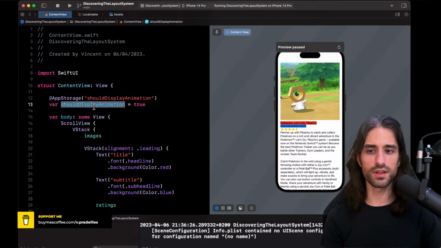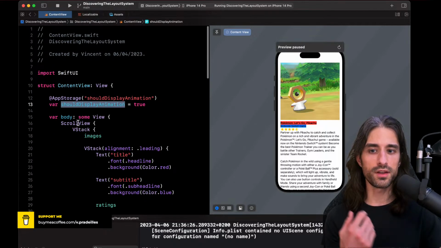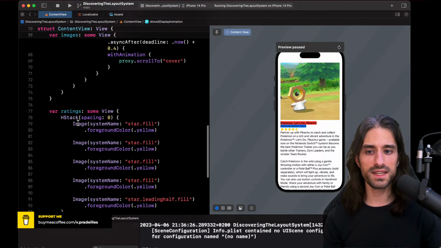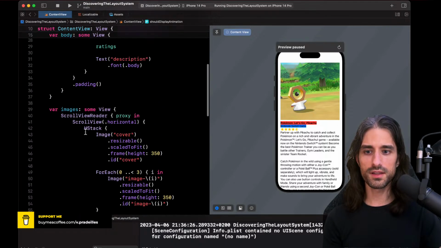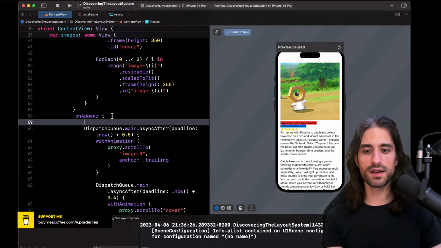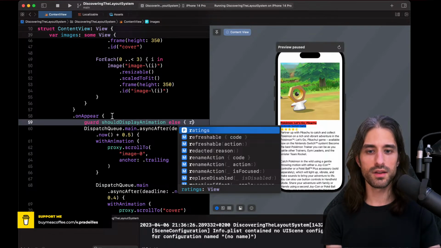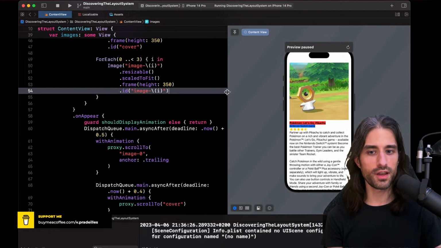And so we can use this property inside our code to make the animation run only when shouldDisplayAnimation is true, and then set the property to false once the animation has been displayed. And how can we do that? We can do it inside onAppear using a guard statement to say guard shouldDisplayAnimation else return. This way, when shouldDisplayAnimation is false, we don't run the animation.